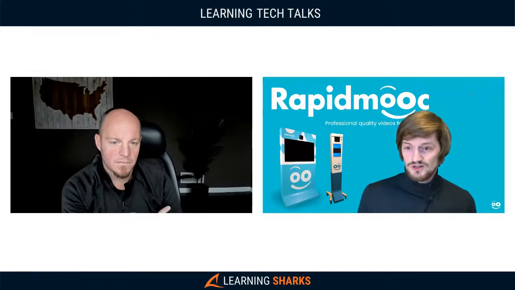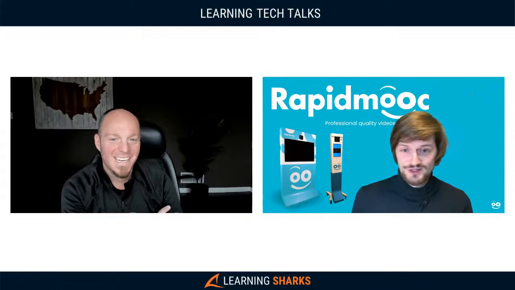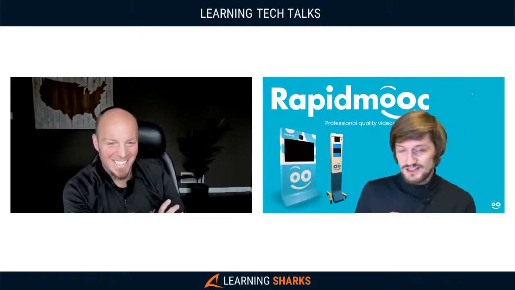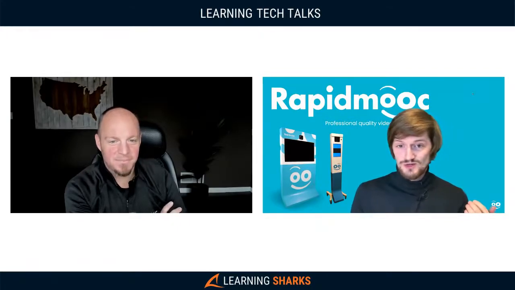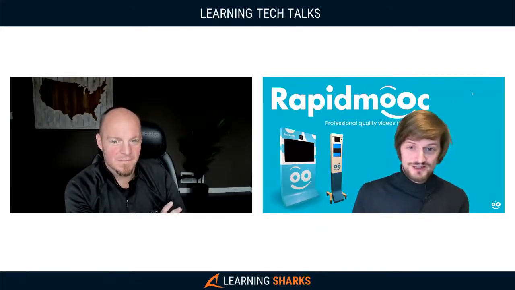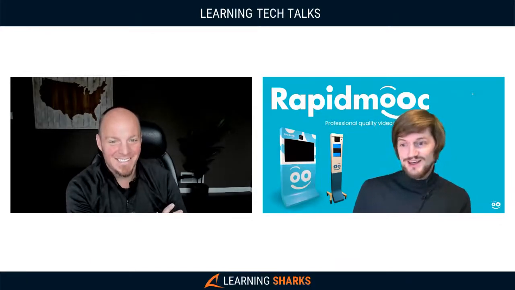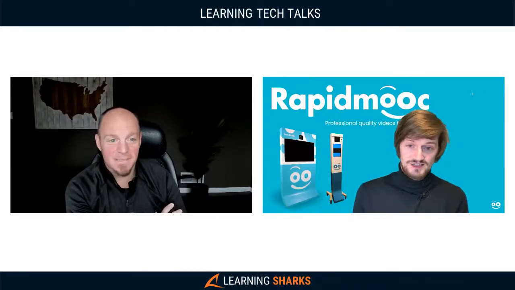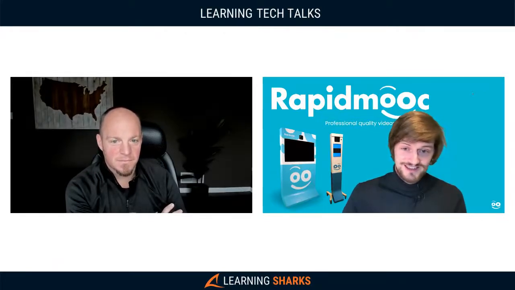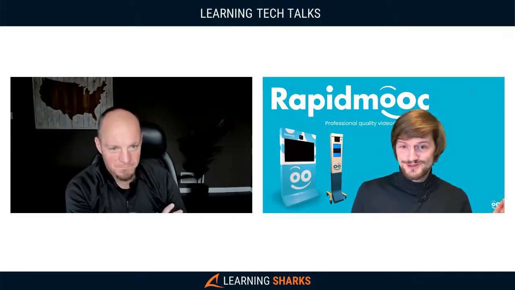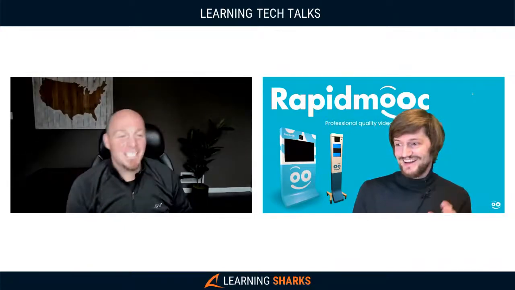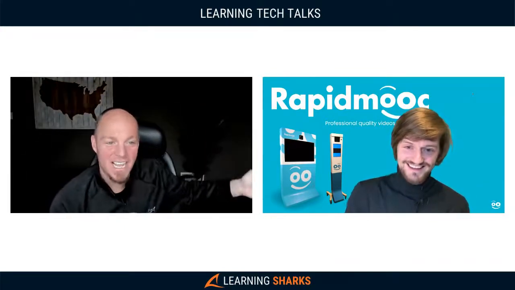For example, if you give someone a phone and tell them to go make a couple of videos, and let's say you get 10 of your employees to go make those videos, some will make them portrait, some will make them landscape, some will have good lighting, some will have terrible lighting, some might use a microphone, some might not. And then you'll try to stitch all these videos together into a learning journey, and it's like, wait a minute, this has changed to portrait, this has changed to another way, there's seagulls in the background, there's noise in this one. This person decided to shoot the video next to a jet engine, apparently, right?